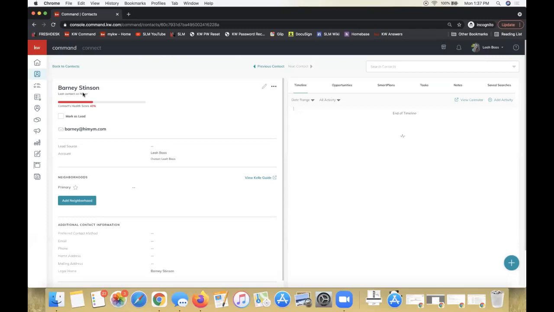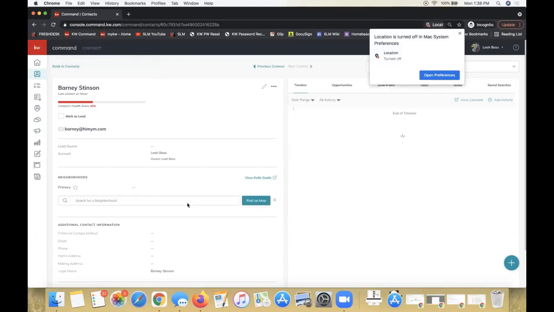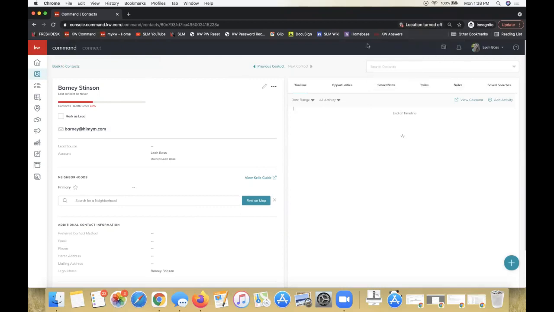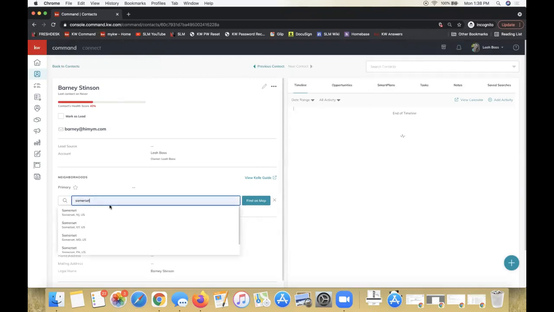All right, guys, so now that you're getting that added in, we're clicking on our contact and we're going to add neighborhood. Command might ask you if it can know your location. I know it's a little creepy, but I would just let it, as it really helps to search for these neighborhoods. Okay, so let's say when I was talking to that client, the long-term buyer,